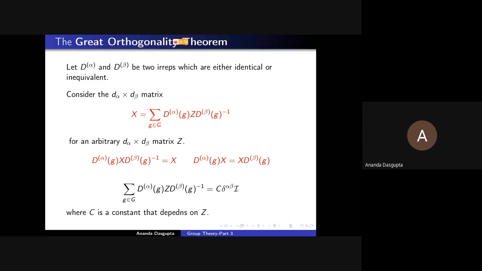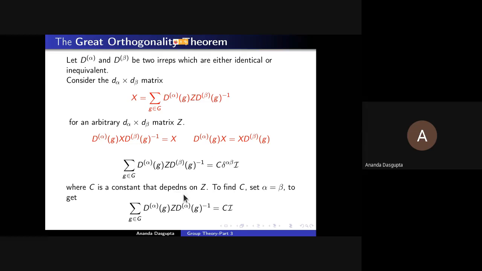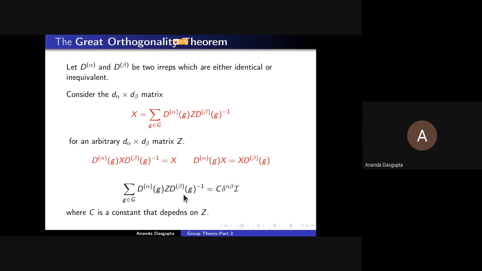So, this is your final result. Not the final result, but this is nearly the final result. This matrix, the sum over g of d alpha(g) Z d beta(g) inverse, is delta alpha beta, because if alpha and beta are different, it's going to be 0, times the identity,